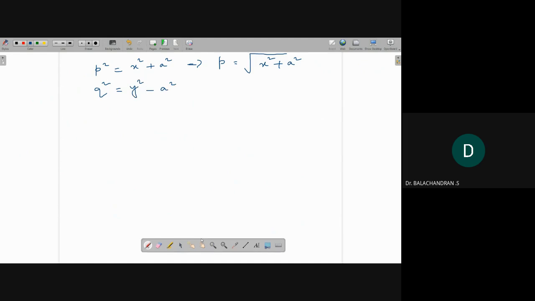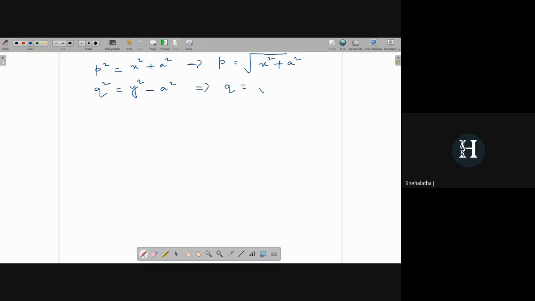Okay. Now, this implies what is q? Root over y square minus a square. Yes, correct. Okay. Next,